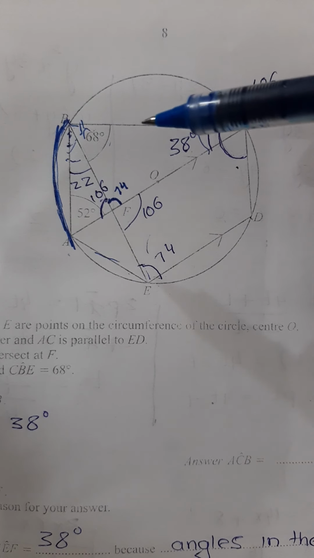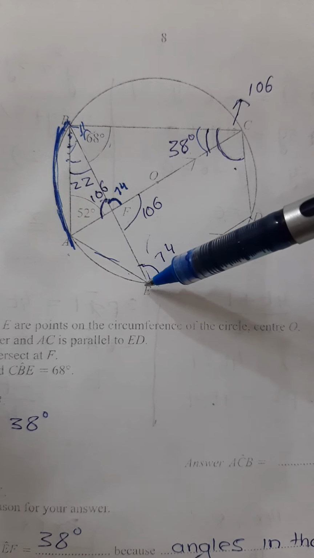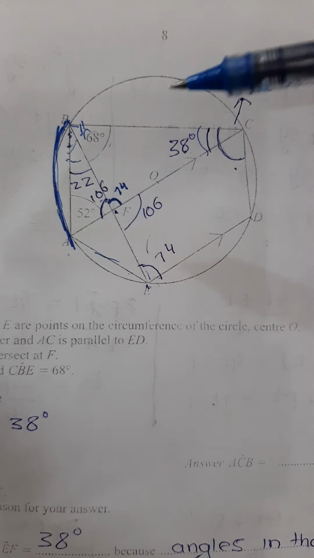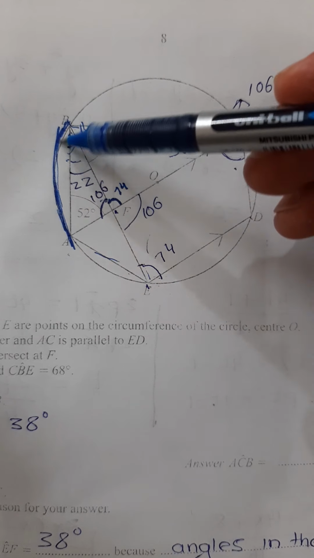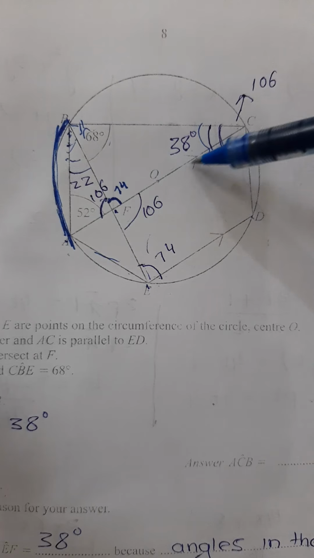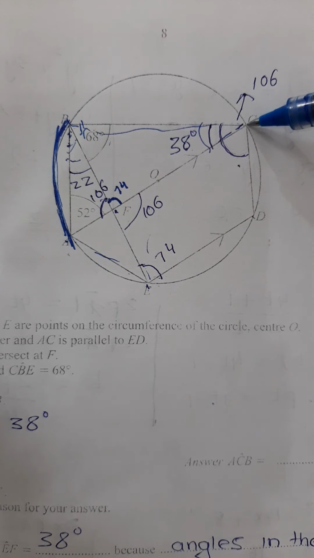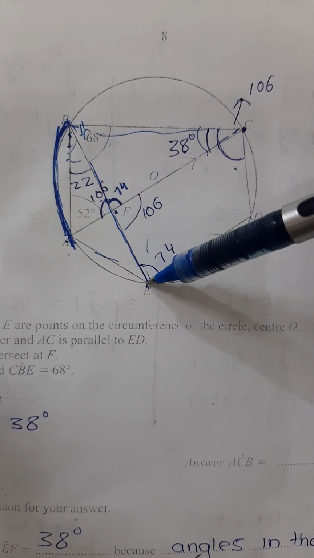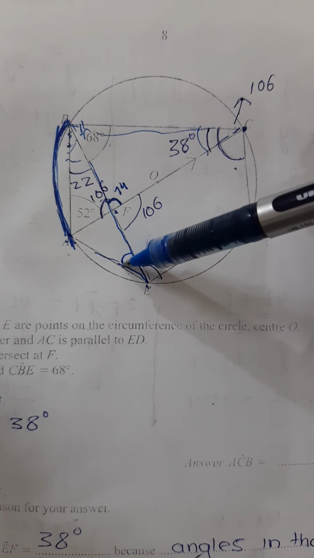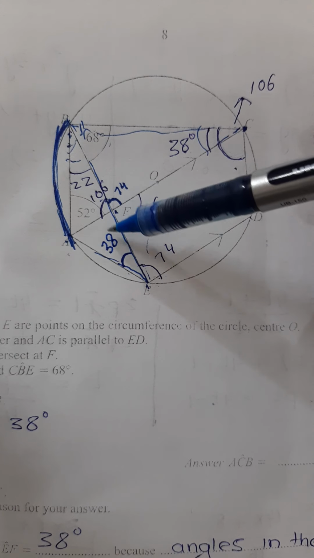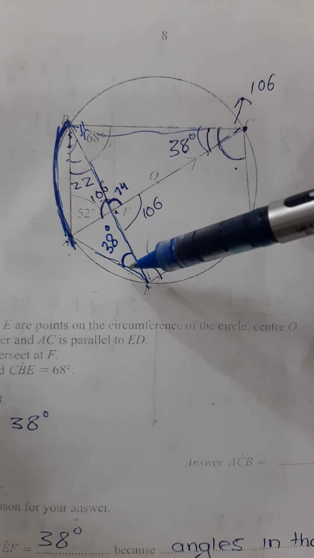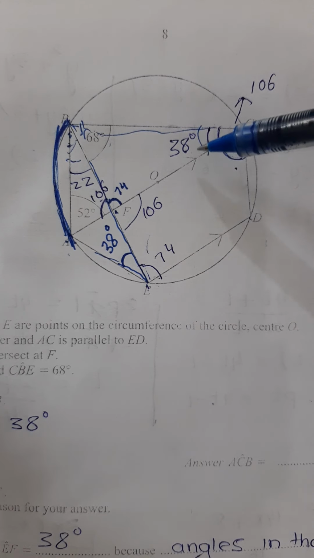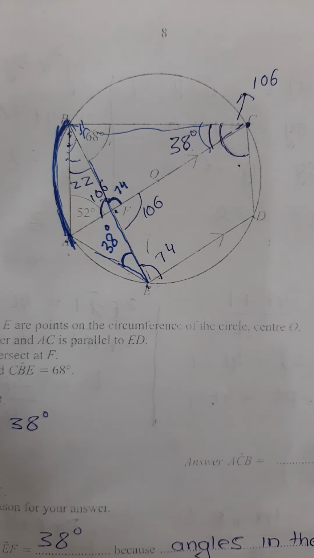In the second part, they have asked to find the angle AEF. We have discussed this by considering this arc. This arc makes an angle of 38 at the circumference over here, so it makes the same 38 over here as well. The same arc forms the same angle at the circumference, in the same segment. So this one is 38.